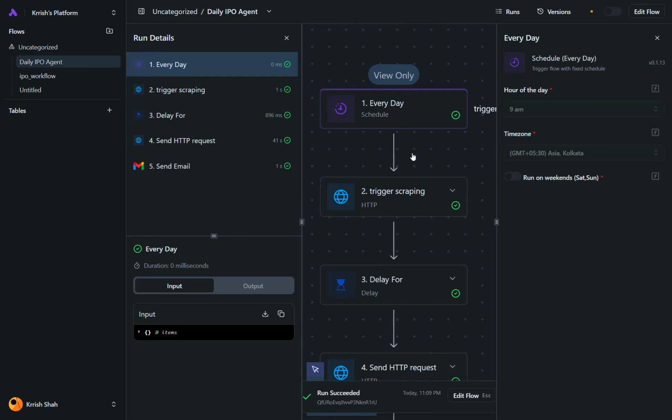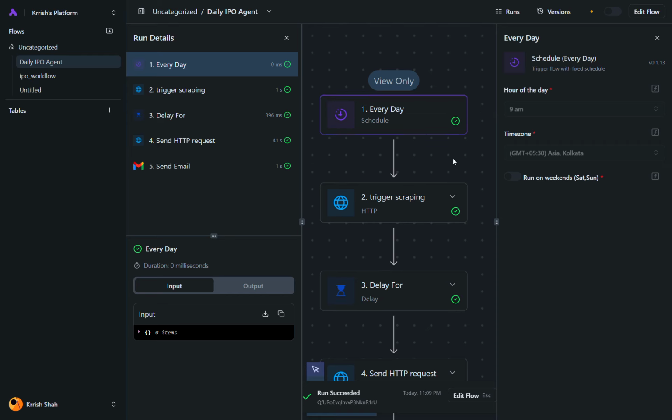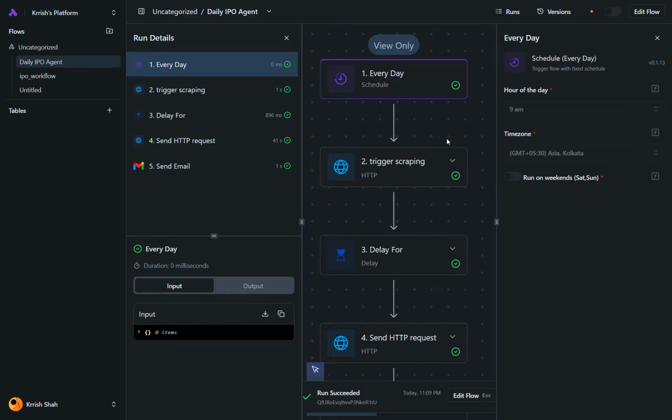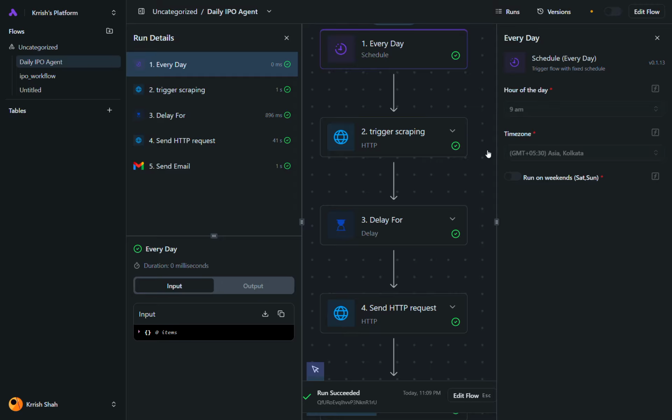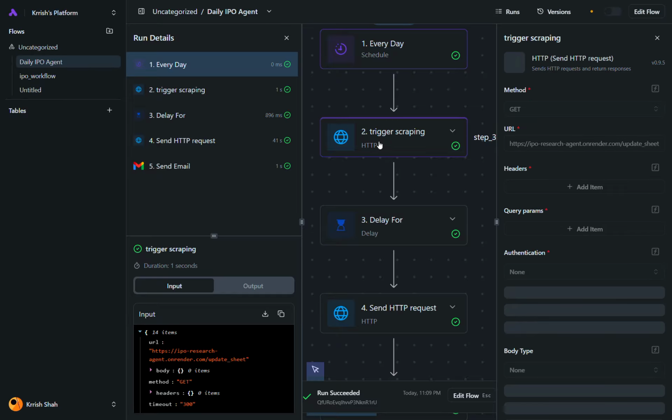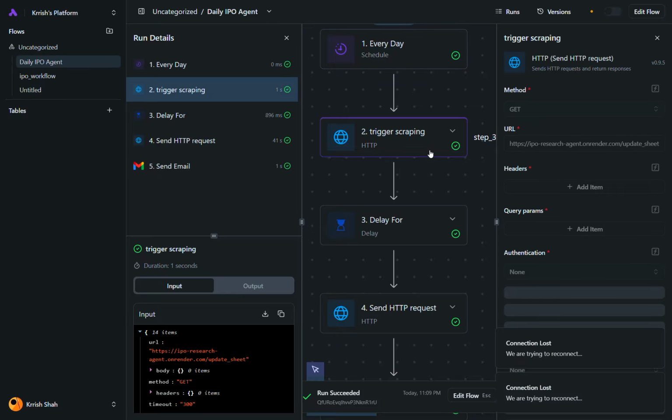Let's start with how the agent works. Every day at 9 a.m., my agent wakes up and starts the process. The first thing it does is start the web scraping. Here in the trigger scraping, it uses